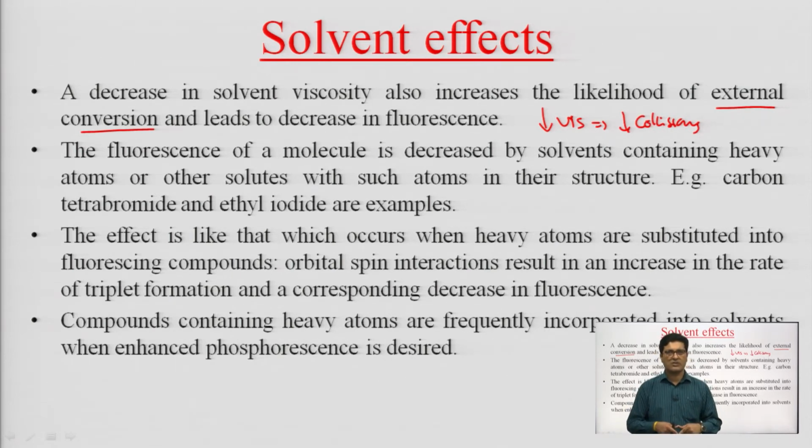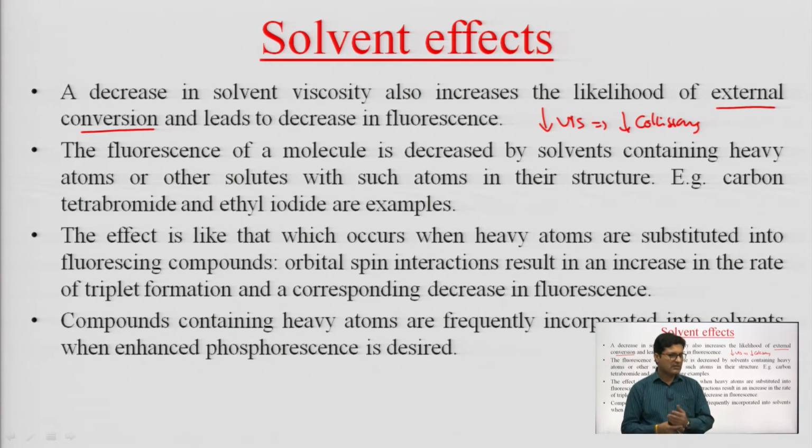Another important feature in the solvent effect is the presence of heavy atoms in the solvents. So, when heavy atoms like bromine, in case of carbon tetrabromide we have bromine, or like ethyl iodide we have iodine. So, in such situations where our solvents have heavy atoms, that may cause the heavy atom effect, and due to this reason fluorescence may decrease,